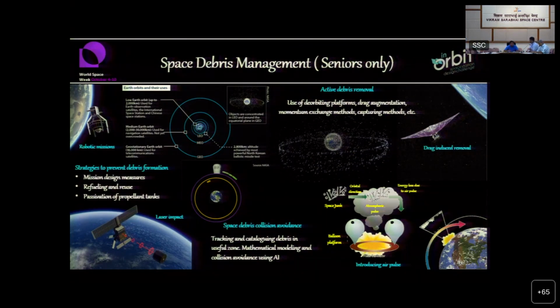So you have to have a space station which is protected from all this debris. How are you going to take care of your satellite, how are you going to manage the debris, how are you going to protect it from the incoming debris? This is a point you need to elaborate more. This is only for seniors. Most space stations like the ISS have a ballistic panel which shields the main critical modules from the incoming debris. Plus they have detection of debris, based on which they can do maneuvering. So these are some points we would like to see in your report.